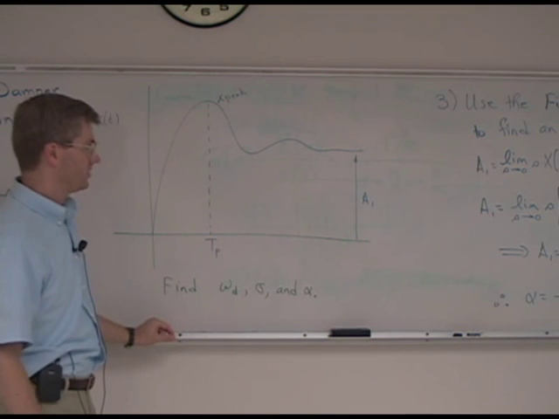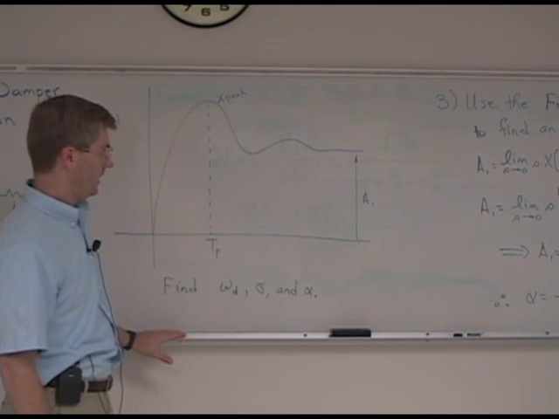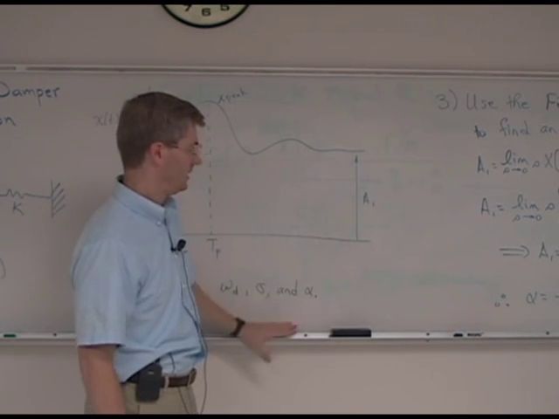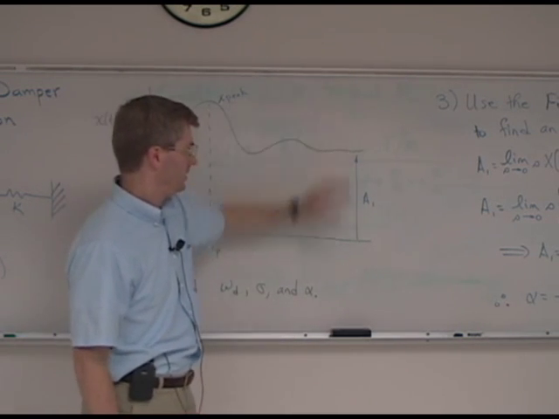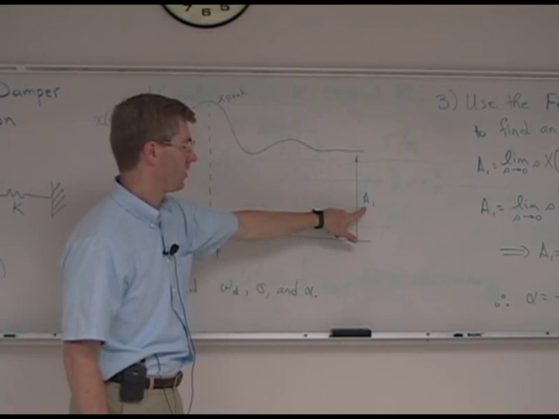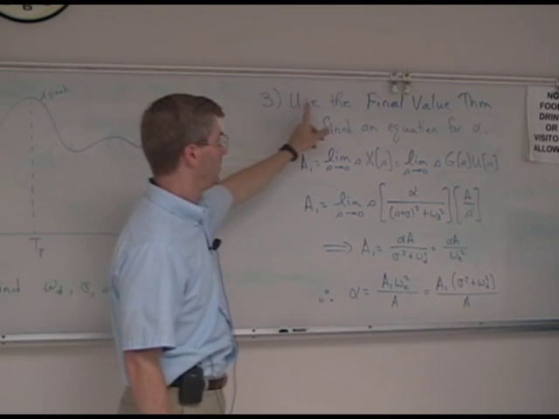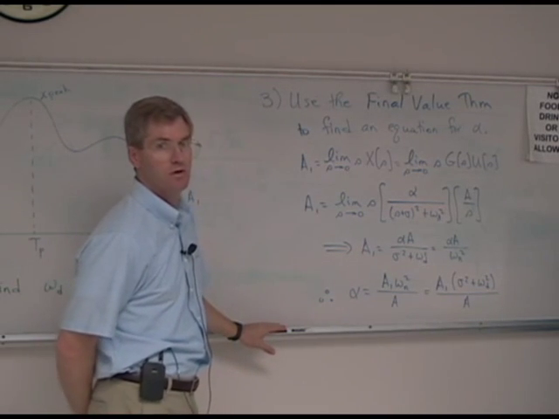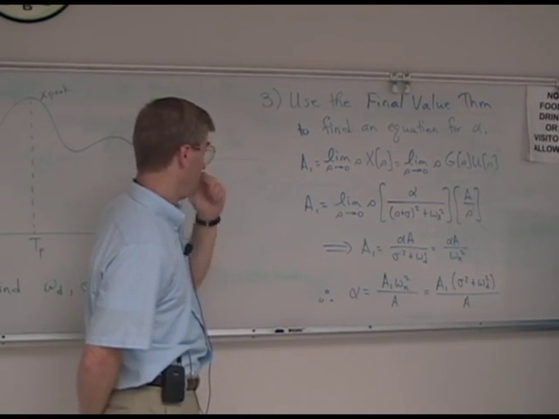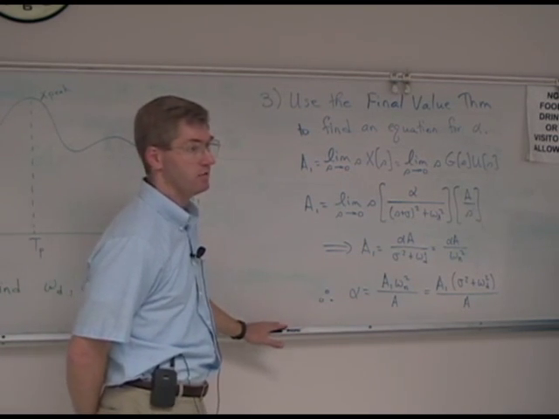Remember our trajectory response of the position of the mass with respect to time as we commanded it to move 2,000 counts. It will settle at some value a sub 1. That might be 1,400, it may be 2,400 counts. We want to measure that value, a1, or our final value of the position information, and we will use that by means of the final value theorem, which you've learned through Laplace transforms, to determine a relationship between a sub 1, the final value that we measure, and the alpha, which is the unknown gain value in our transfer function